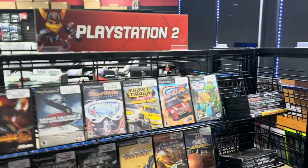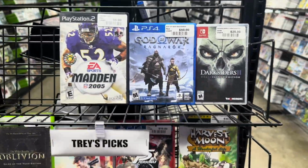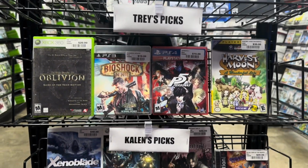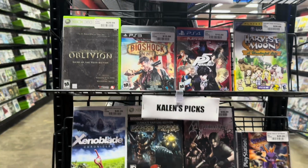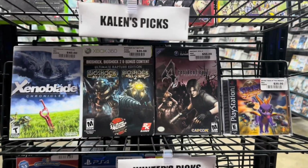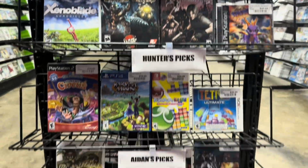Alrighty guys, let's go down the next aisle. Another cool idea that was basically taken from bookstores is to have the staff picks. Bookstores have been doing this for many years, and I think game stores should really do this as well. This is a great idea. It kind of inspires your customers to maybe pick out a title that Trey, the owner, or some of the employees